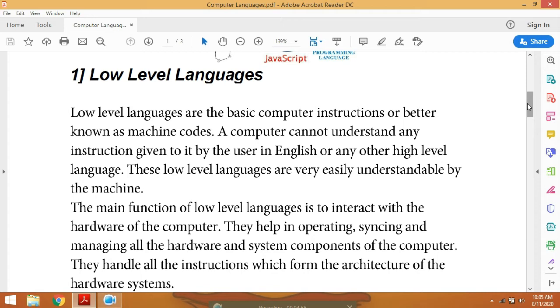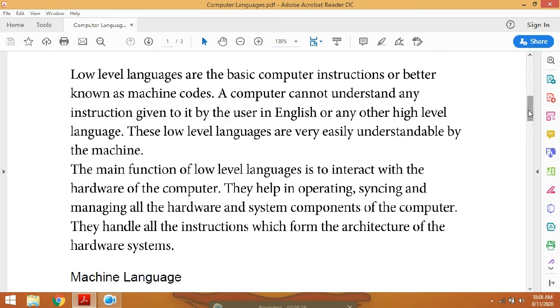So what they need is that whatever the person from Russia speaks should be converted into Hindi, and whatever the person from India speaks will be converted into the Russian language. Then only they will be able to understand each other's messages. The same system is followed in the computer. The computer will understand only one language, that is binary language, that is 0 and 1. So whatever instruction we provide to the computer, the user cannot understand the binary language.